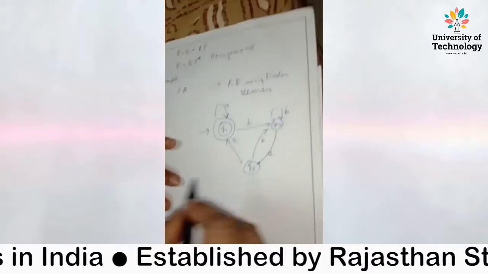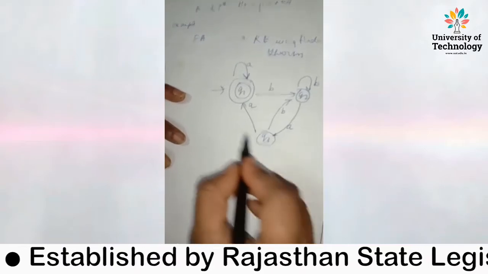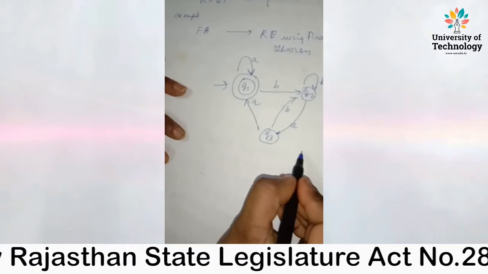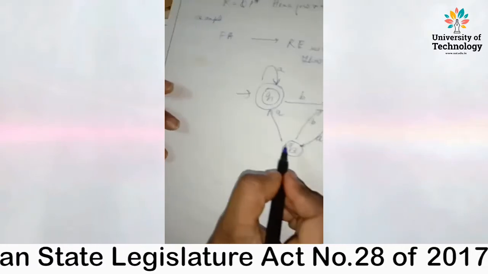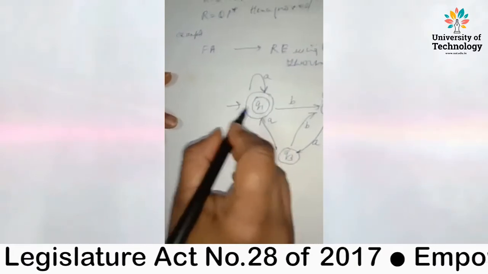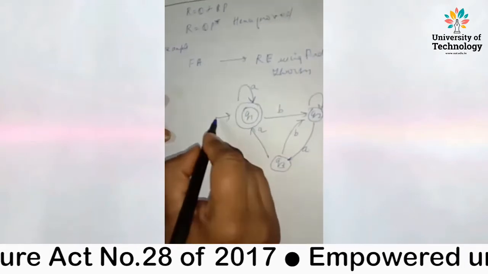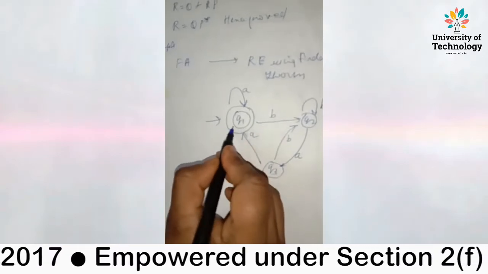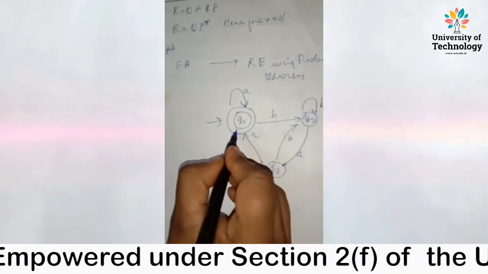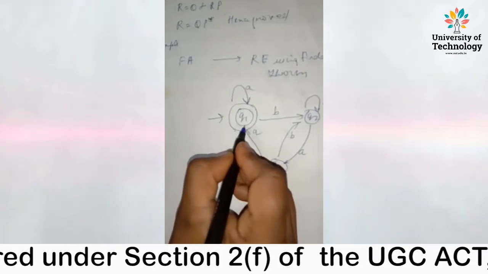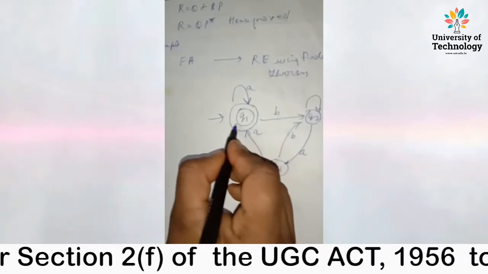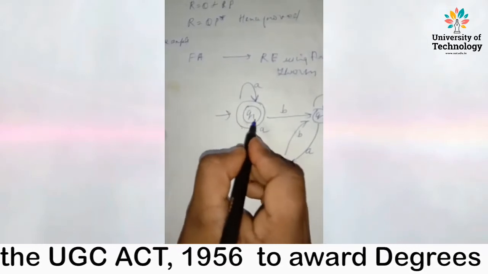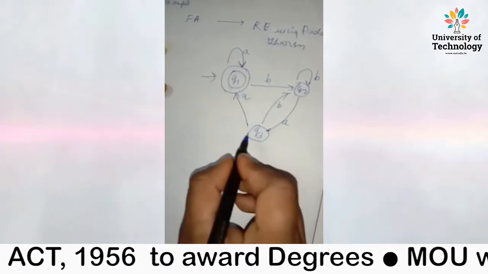Suppose this is the finite automata which has been given to us, and we have to convert this finite automata into a regular expression using Arden's theorem. So how we are going to do this, we'll see. Okay. Now, since Q1 has a circle inside a circle, which implies the final state, we have to find the answer in terms of that state. So whatever answer comes out for Q1 is going to be the regular expression, the final answer.